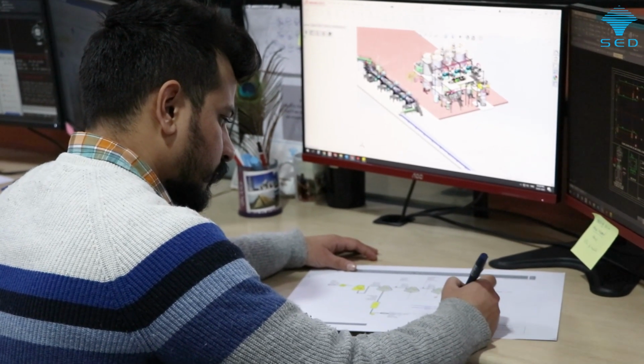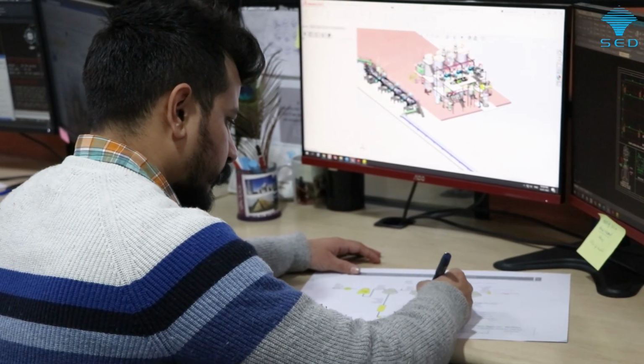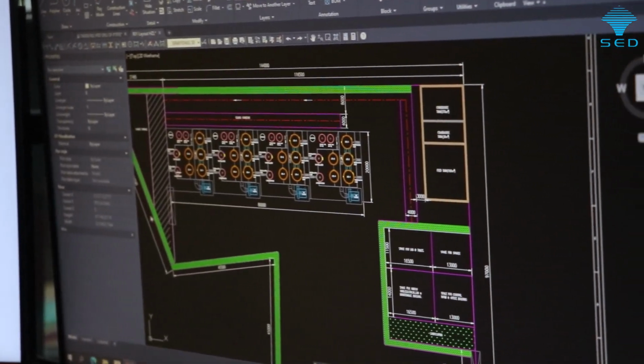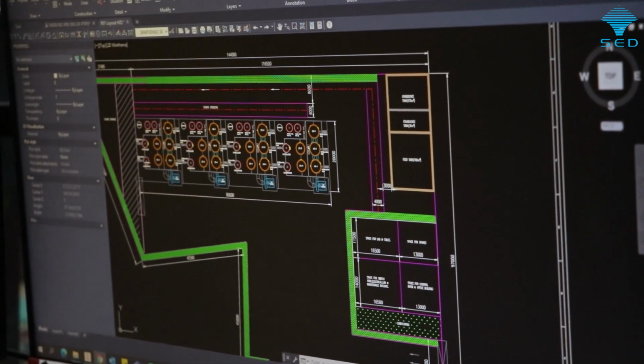SCDR design team is responsible for generating ideas and converting them into the authentic form by using their professional skills. First of all, we receive HMBD from the process department, which describes the equipment sizing. According to the equipment size, we release the GA drawing of equipment and GA 3D layout of the equipment to the client. Sometimes we have to alter a standard equipment layout according to the space availability at client end.